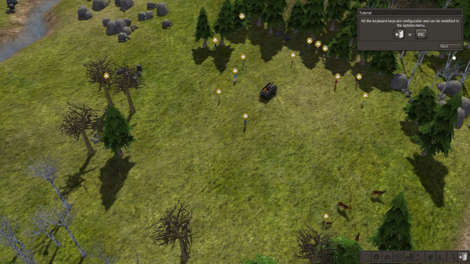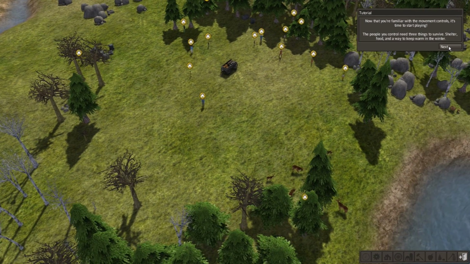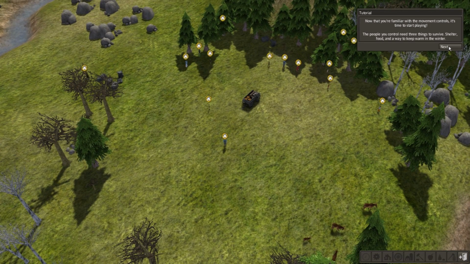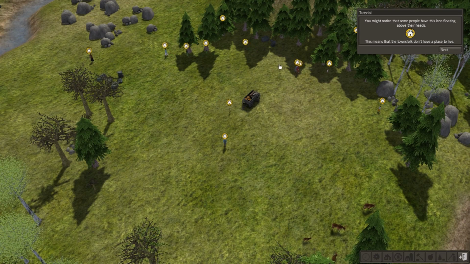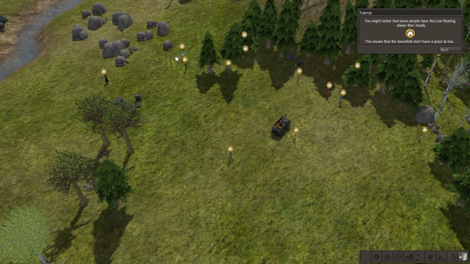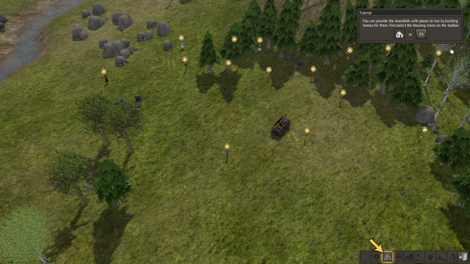Careful where you wander, people. You get yourself in trouble. Alright. 3 things to survive: shelter, food, and a way to keep warm in the winter. Okay. Floating icons above their head means they don't have a place to work. And of course they're out in the rain now, which is never a good thing. Okay, so,